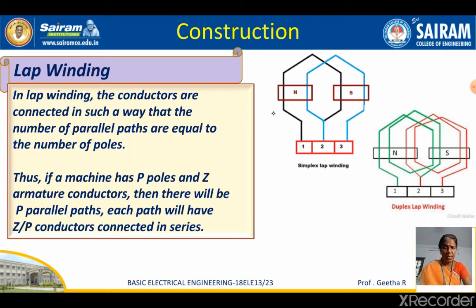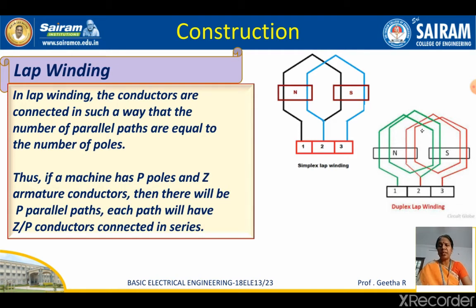Here also you have the simplex lap winding, duplex lap winding or triplex lap winding, based on how many times it makes this kind of turn. You can see this in the construction itself. Without connecting here, it goes another round, then it gets connected to the second place. So it is called a duplex winding. This is called a simplex winding. There are only two coils passing through the north pole. You can see here the north pole, here there are two sets. So it is the duplex lap winding.